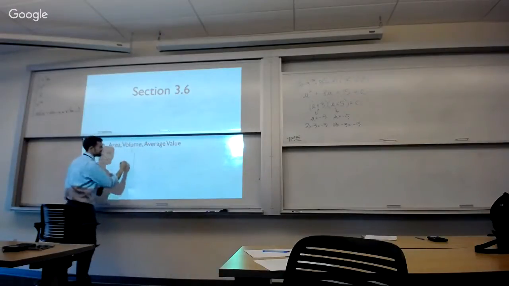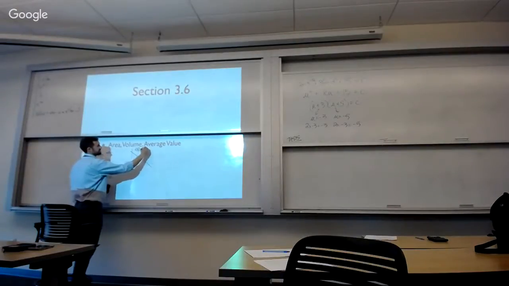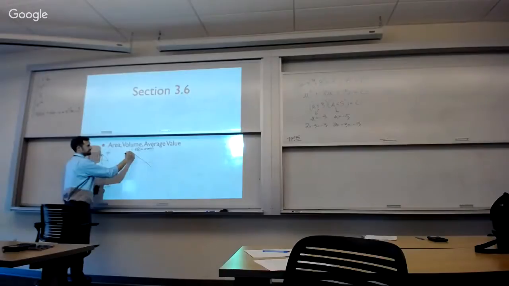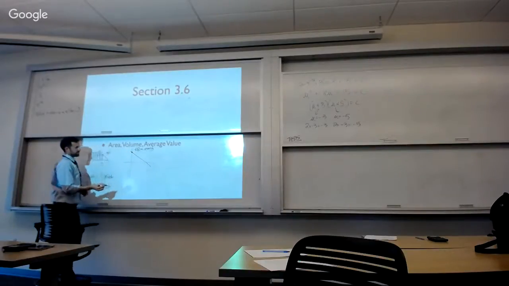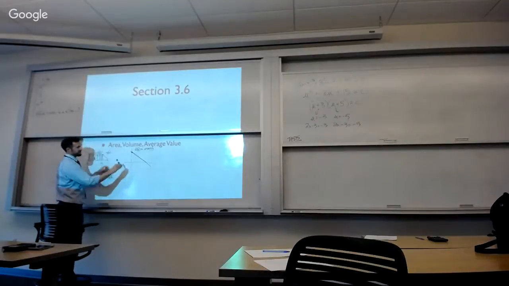take, say, a normal graph, and you take a normal line. So that's just a very basic line. F of x equals mx plus b. It's just a straight line. So there's your y-intercept, and there's your slope. And what you do is you take that line, and you allow it